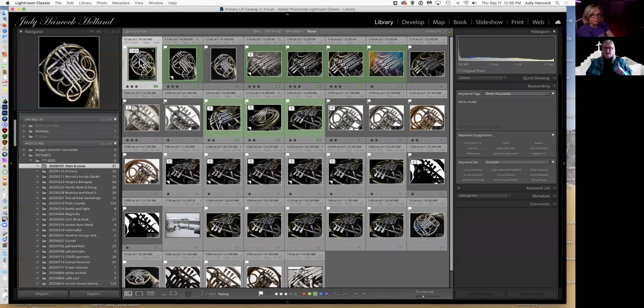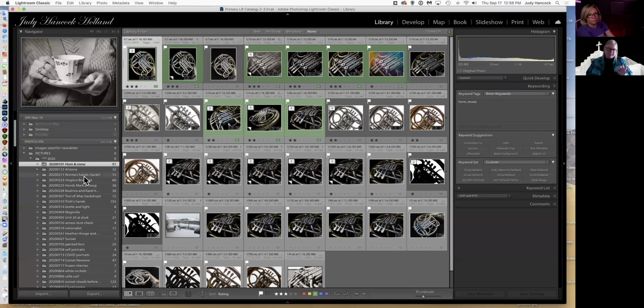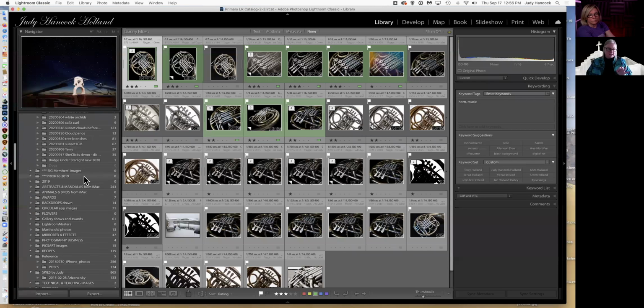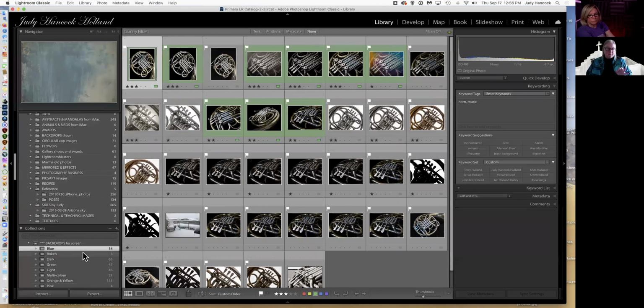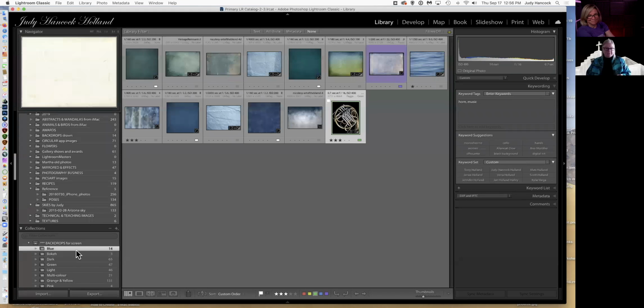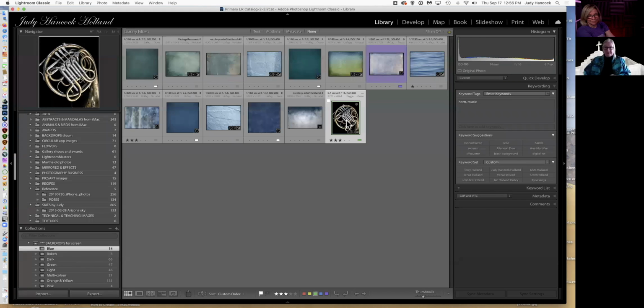That's because a collection doesn't actually contain the picture. I think of it this way. It might be a little cheesy, but think of it this way. The collection has a whole bunch of little elves in it. And this elf says, go get that horn picture, I need it. And this elf says, go get that water picture, I need it. So they don't actually live in there. You're not duplicating the file. You're just putting a pointer to that file in the collection